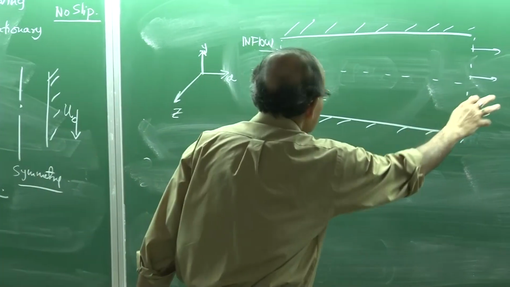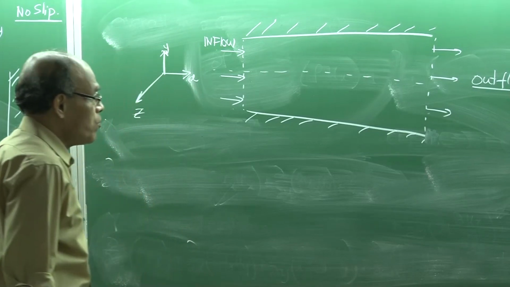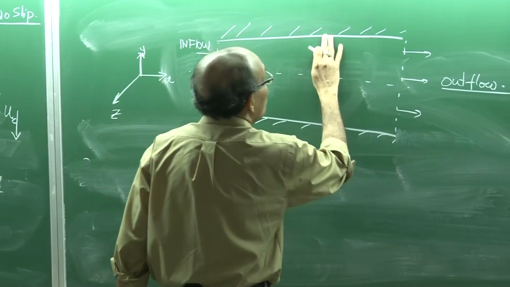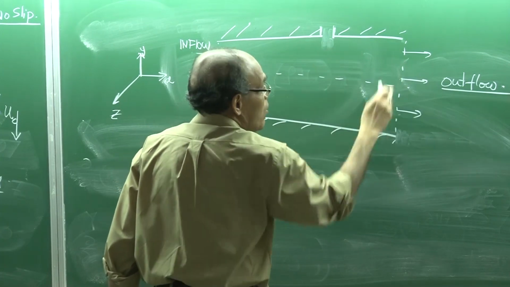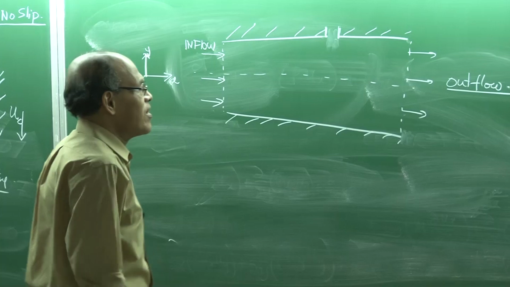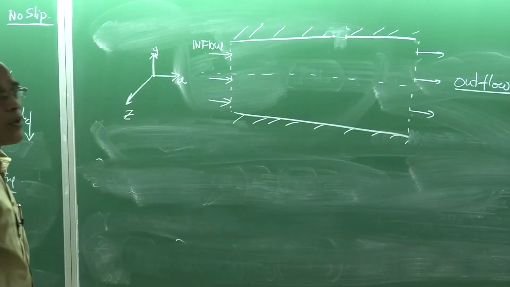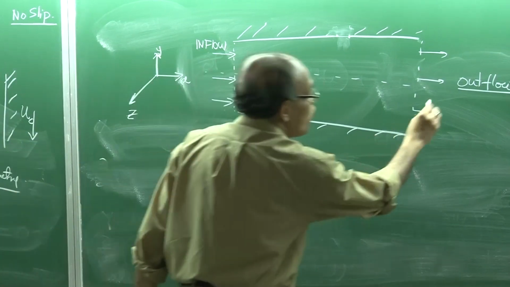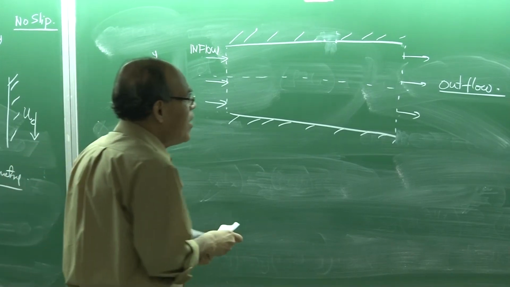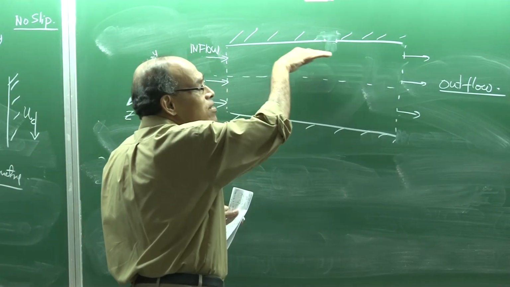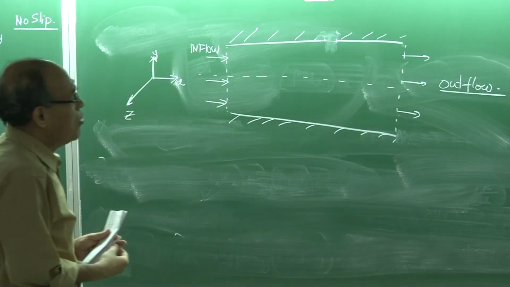I may or may not know the outflow depending on the configuration of the scenario. I have shown here only one outflow, there could be another outflow here also. And there the area of the outflow can be different. So, these are complexities in the system, but essentially there is not much difference. So, you can say that the inflow boundary conditions are known, and the outflow boundary conditions basically are assumed. In the outflow, typically what happens is flow is normally assumed to be parallel,